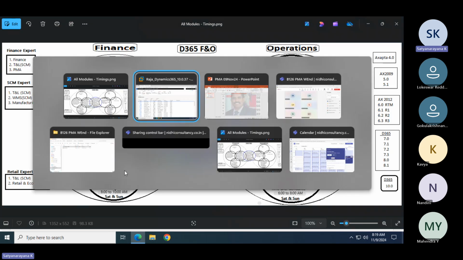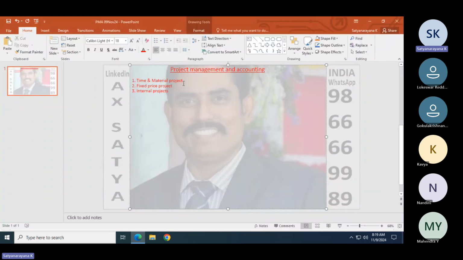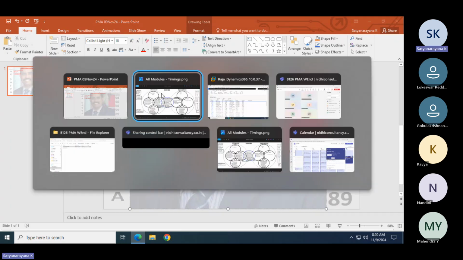Now, in time and material, there are four sub classifications. One is without WIP, another one is with WIP. What do you mean by without WIP and with WIP? Let me show you.